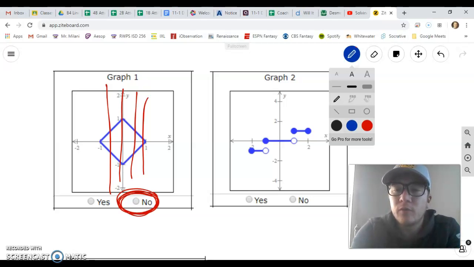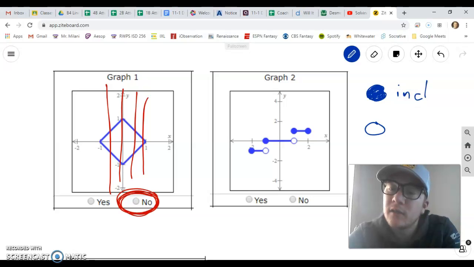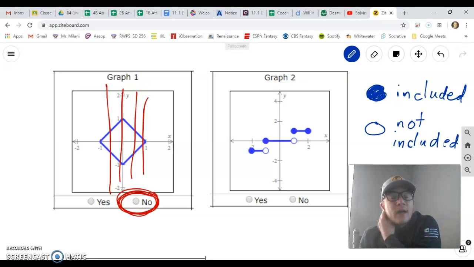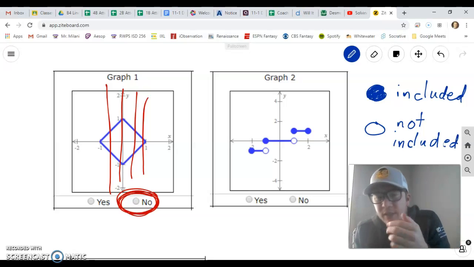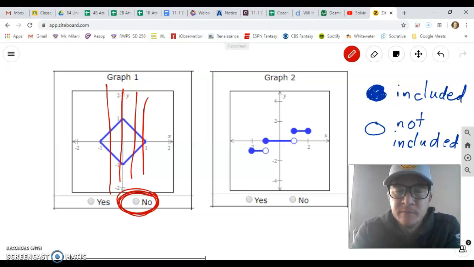The first thing we need to remember is the open circle versus the closed circle, like we did on graphs, or on number lines when we were graphing inequalities. This means that it is included. This open circle means that that point is not included. It means your line goes right up to it, but it doesn't count that piece. So when you're looking at a vertical line test,